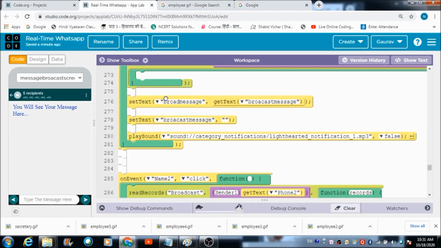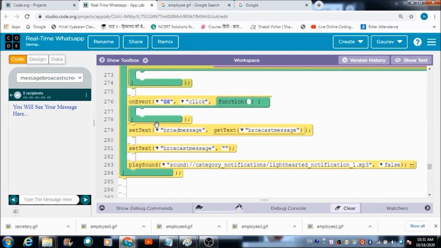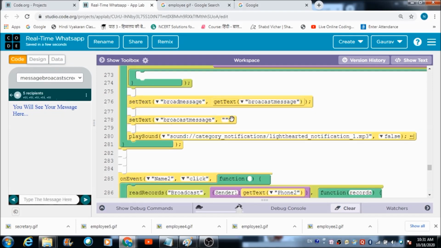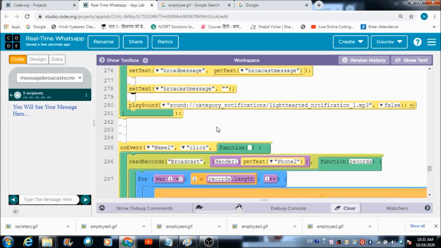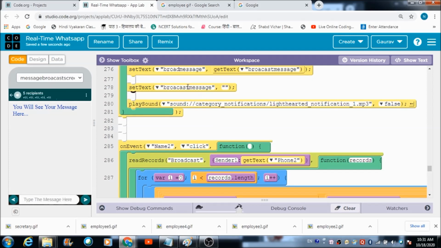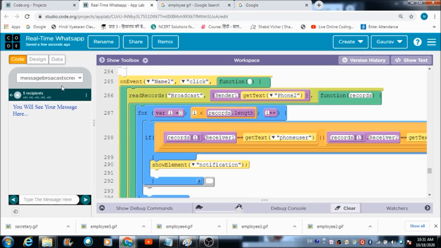This is the code for the same. Besides, once the user is done with sending the message, I don't want that message to further get reflected inside this broadcast message input box. So for that, I have defined this code. We have used this code several times previously, so I hope you all are aware of this code. Now let's come on to